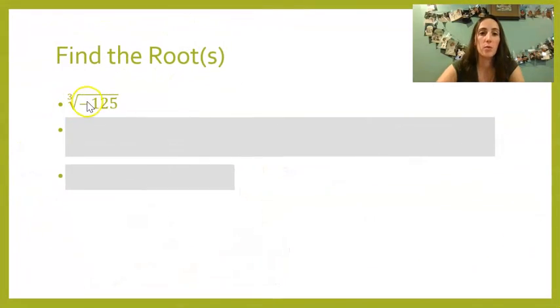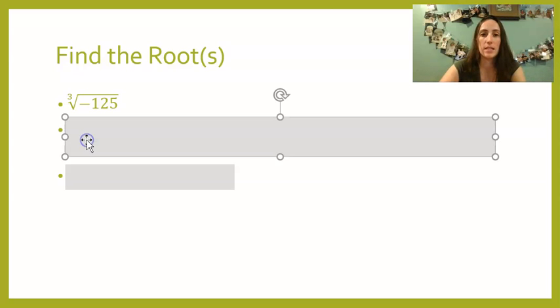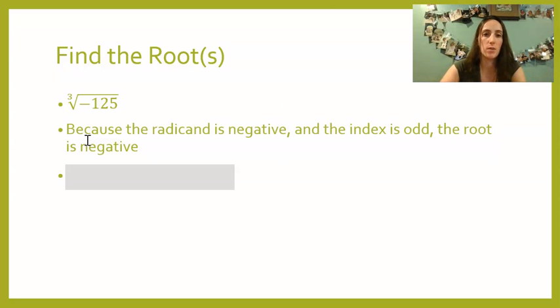So now we know that we're only going to have one root for this problem. So we want to ask ourselves, what number do we know of that I can multiply by itself 3 times that's going to equal a negative 125? Because I have a negative as a radicand, I know that my root is going to be negative. And so when I think about what negative number do I multiply by itself 3 times to equal 125,